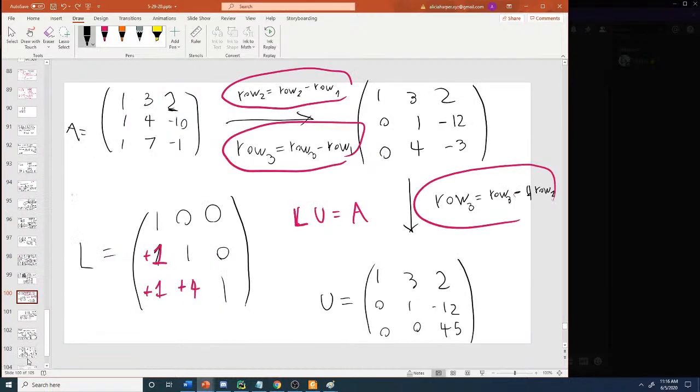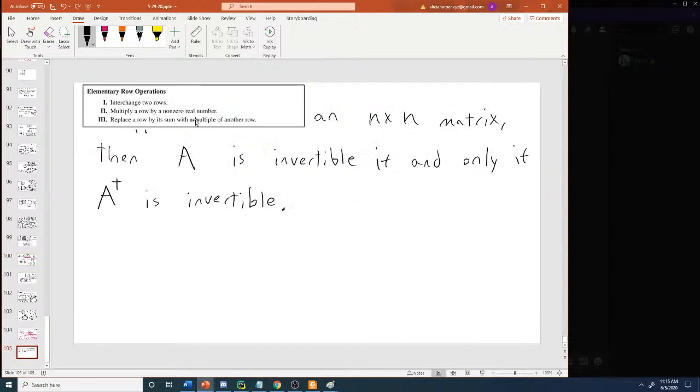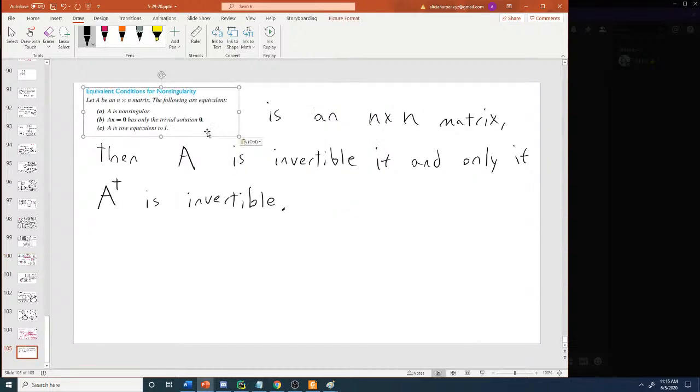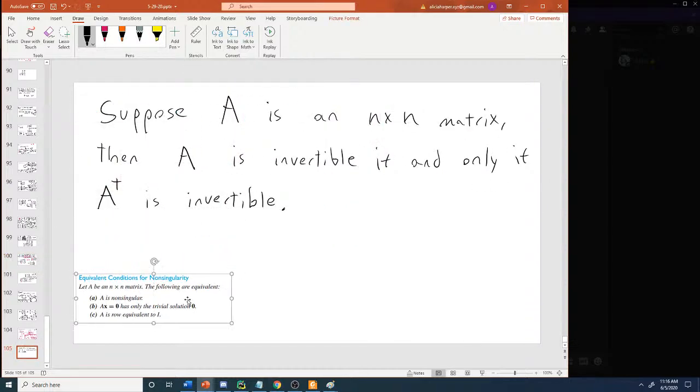We're going to use this theorem. The reason this theorem is going to help us is because it says that A is non-singular if and only if A is row equivalent to I. So suppose A is invertible,